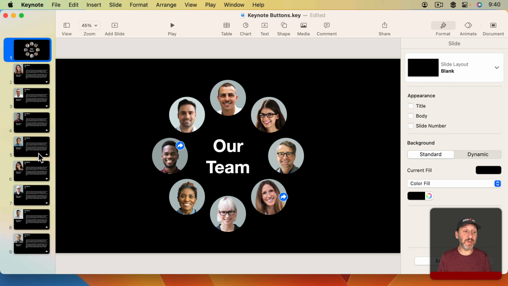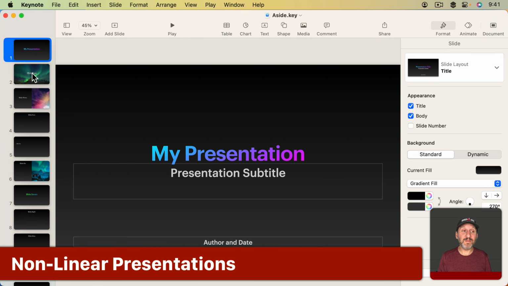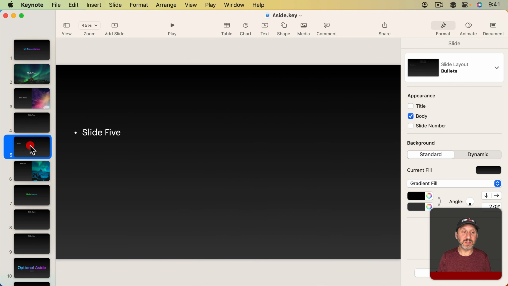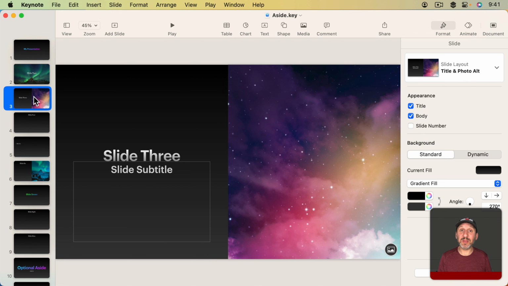So in this case I can basically talk about my team in any order I want, and that may change depending upon who I'm presenting to. There are other ways to use this as well. So I've got a presentation here and it basically just has a bunch of slides and I haven't really filled in any content. But one of the things I may want to do is here on slide 3